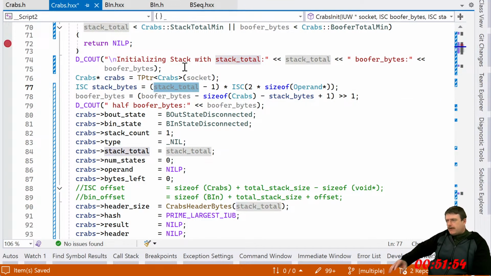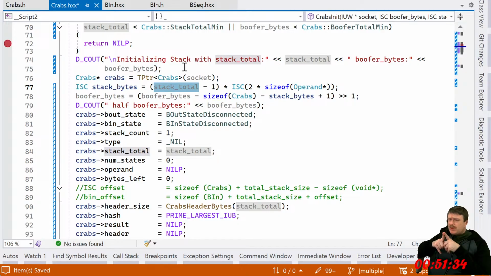All right. So stack total minus 1. Where would I ever do that? Like if I was storing one of them as a variable in the header struct. That'd be kind of weird.